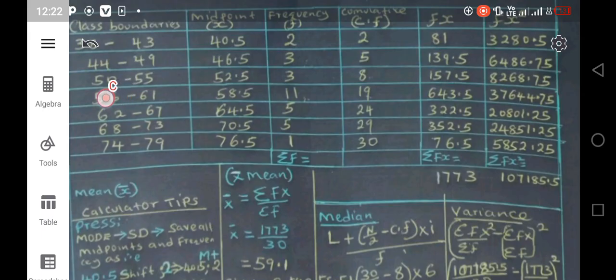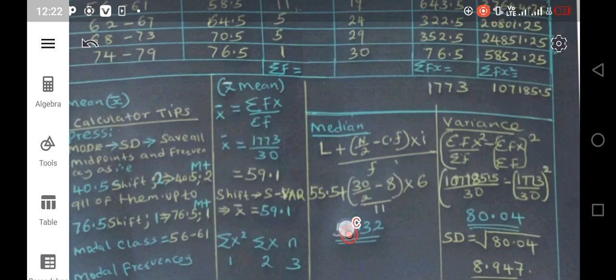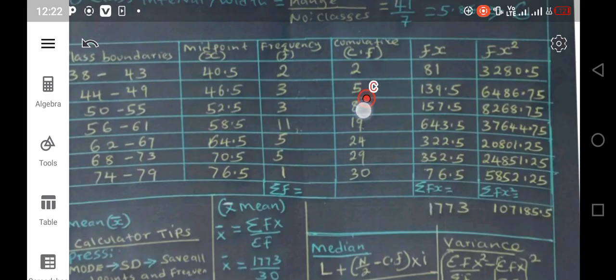Now you're going to start with the lower class limit. So you're going to use the lower class limit. From 56, we are going to have 55.5. Now you come there, you write 55.5 plus 30 divided by 2. The sample size will be 30 divided by 2, 15, minus 8. Now this 8, you're going to use it so that you subtract it before reaching that